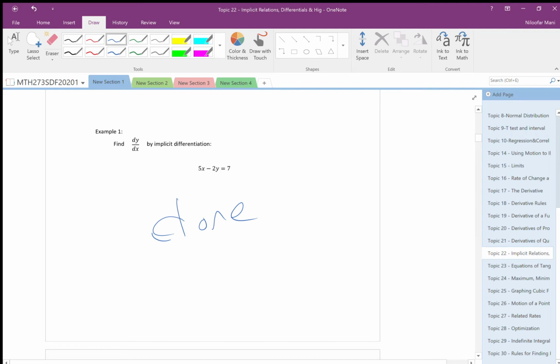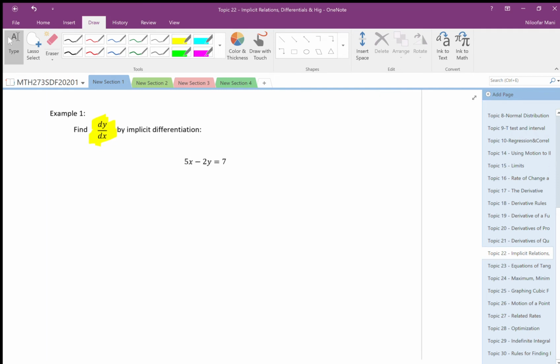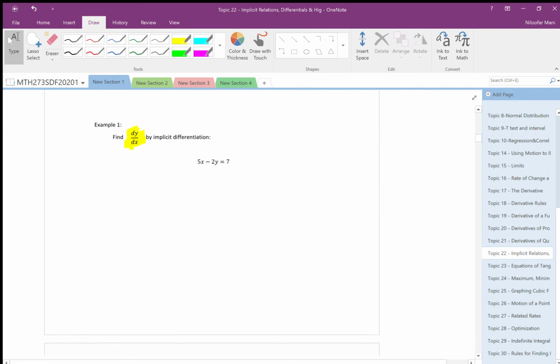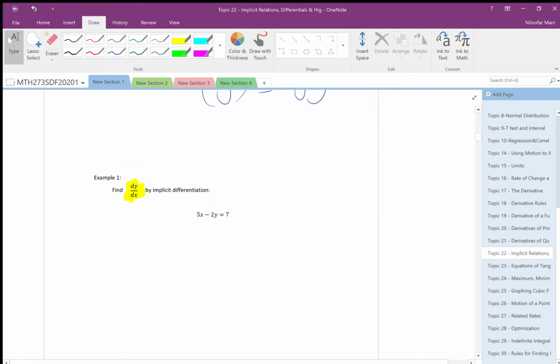So here it says, find dy over dx. I always told you use dy over dx equal y prime, and it's easier for you. But here I can show you this way with this one. So derivative of this one, derivative of this